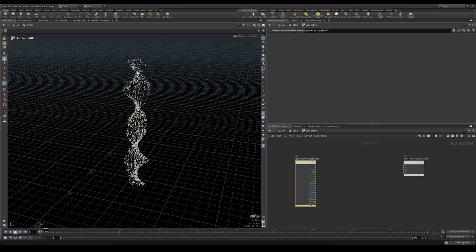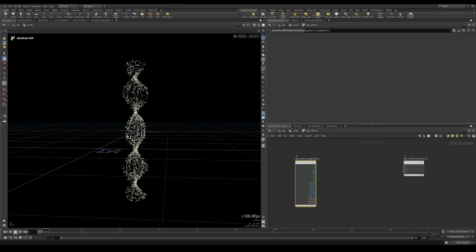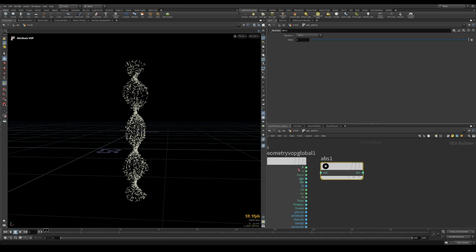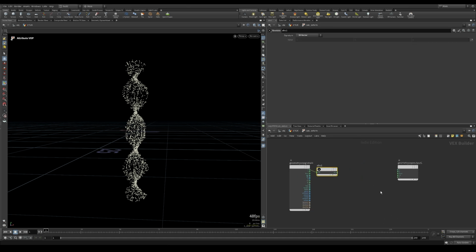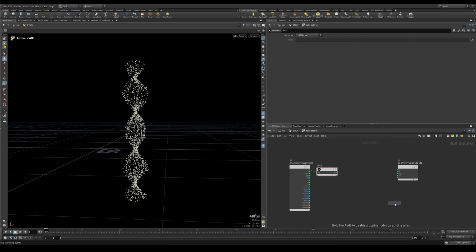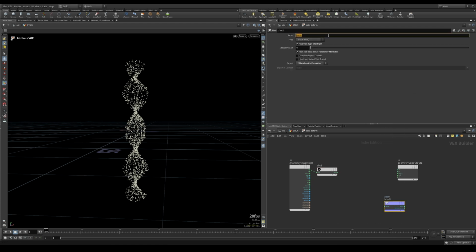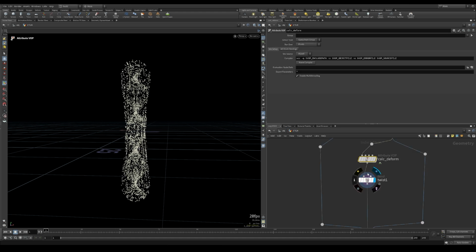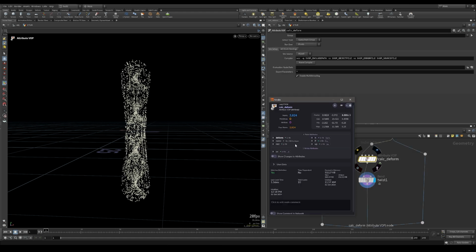And since we want this to be acting both in the positive and in the negative axis, we want the absolute position. So let's take an absolute node and plug the position. So basically, if we take a bind export and we create the attribute we want, let's call it deform, and it will be a float type. Let's plug the output of the absolute, and if we go outside and create the visualizer for this deform attribute,